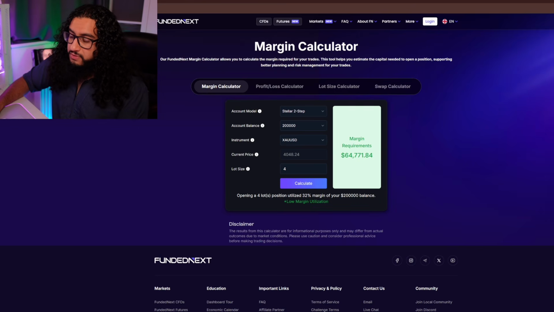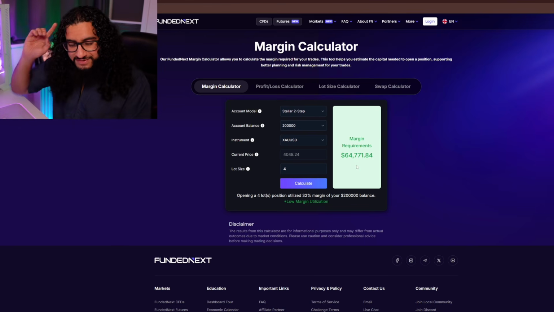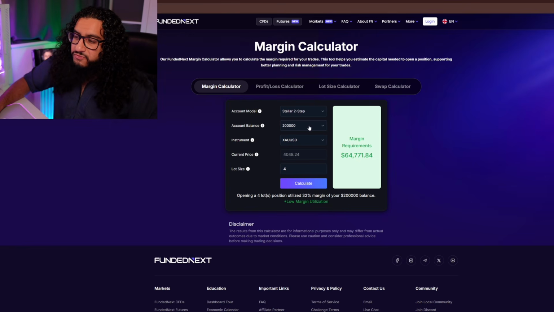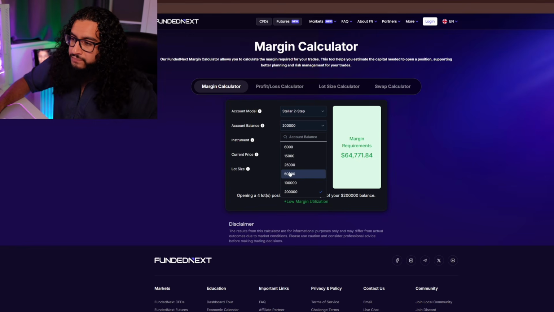And now it's showing you, let me refresh this. Oh, here we go. It's still using the same thing. The margin requirement is still the same. Yes, I forgot that. So whether it's a 200k, 100k, 50k, it'll still say 64,000, but based off your account